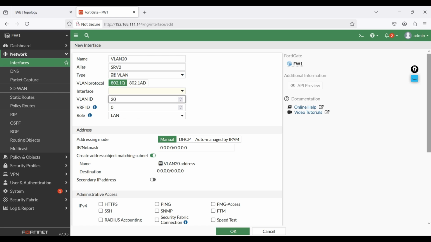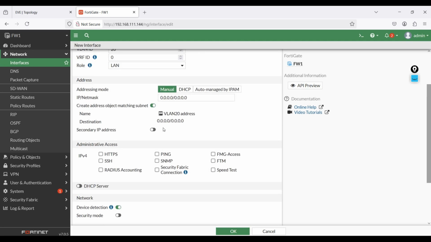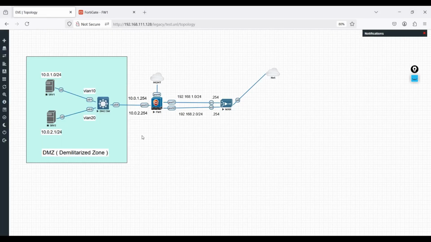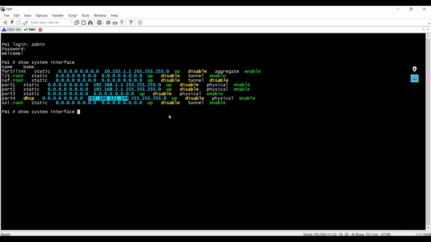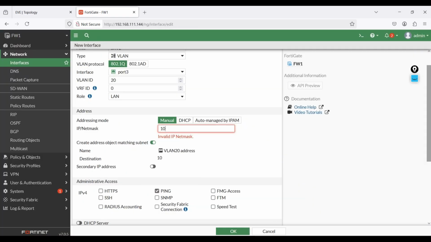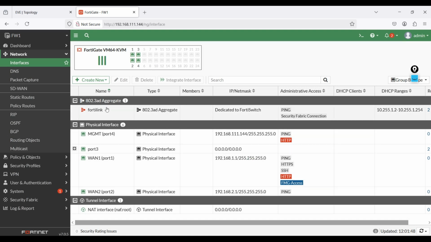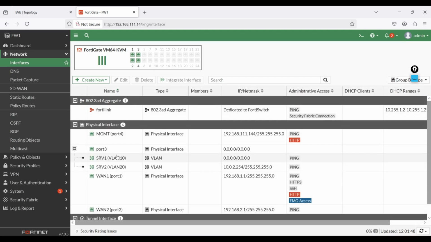So here VLAN ID is 20, interface would be port 3, and allow ping, and most importantly you have to put the IP address as well. So what is our IP address, or what is our gateway for server 2? 10.0.2.254/24, and make it ping. Click OK, and similarly for the